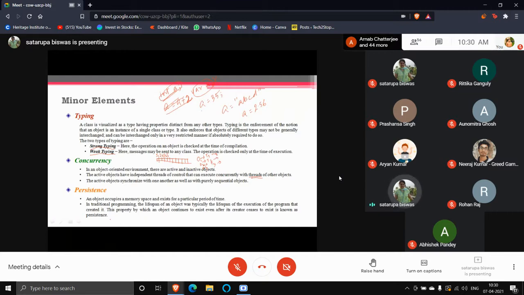It is such a kind of concept. Okay, so this is called persistence. Obviously, most programming languages do not support this, but some programming languages have a mechanism of persistence. So this also comes into the minor element group. Now, some of you do not know what an object is and how it is made properly. When you start programming, you will get to know everything. For now, just see the concept and try to grasp it.